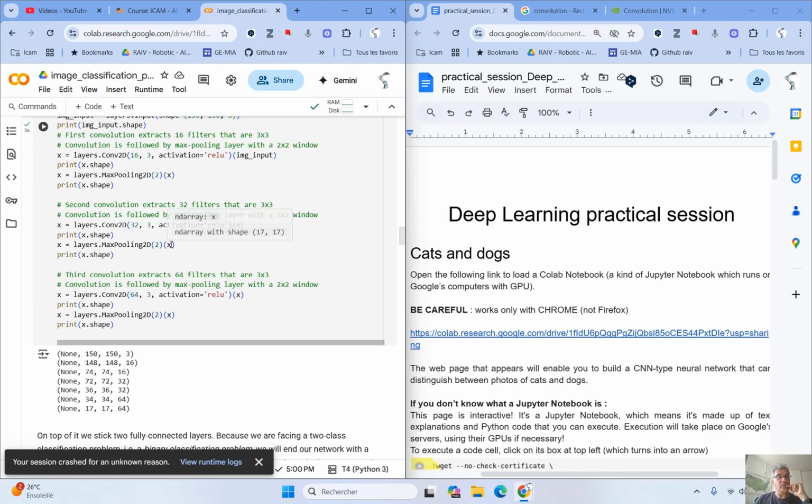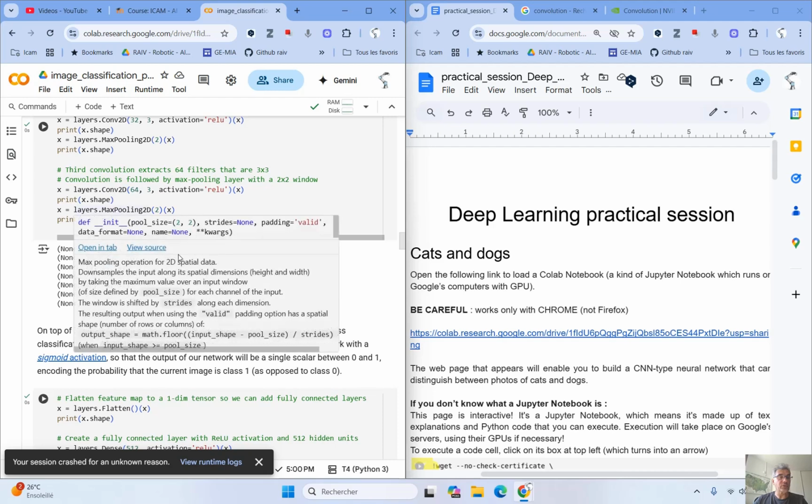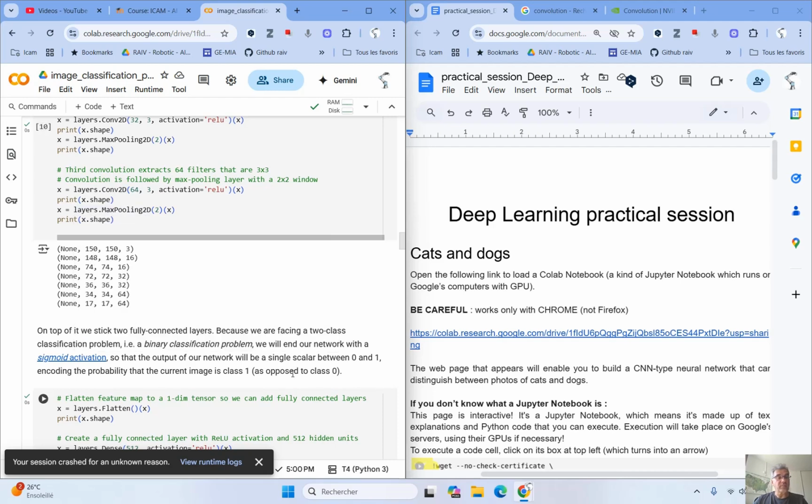And here we do a max pooling on the output of this to have an image whose size is divided by 2 in width and height. Then the final couple of convolutional and max pooling layers. Here we have 64 kernels, always 3 by 3, always the ReLU activation function, and so on.